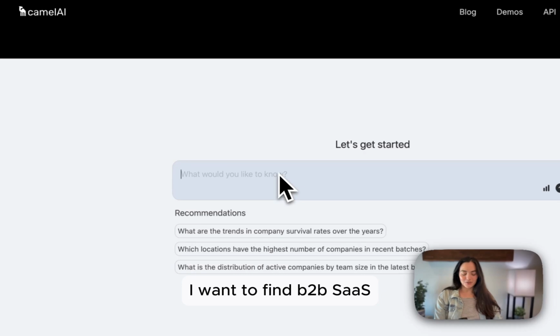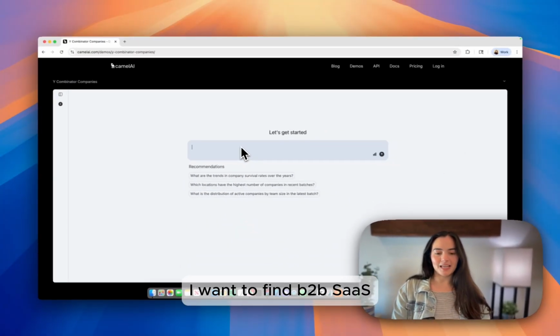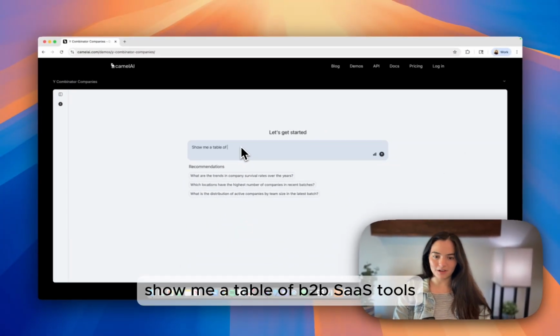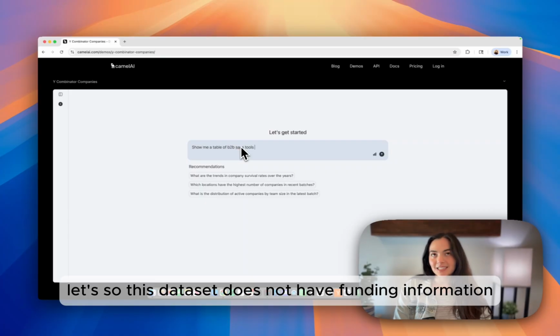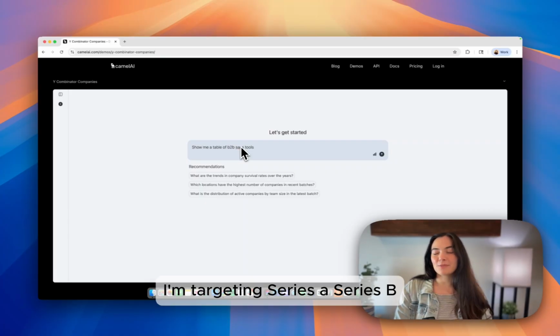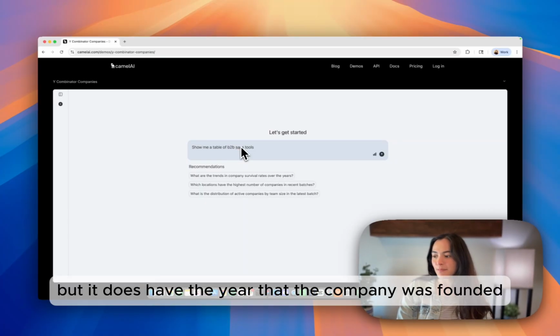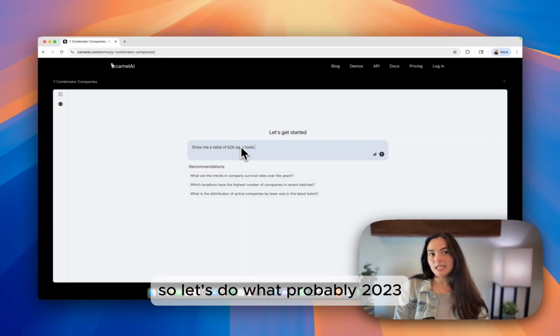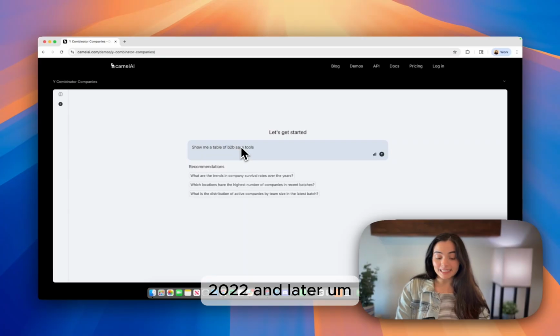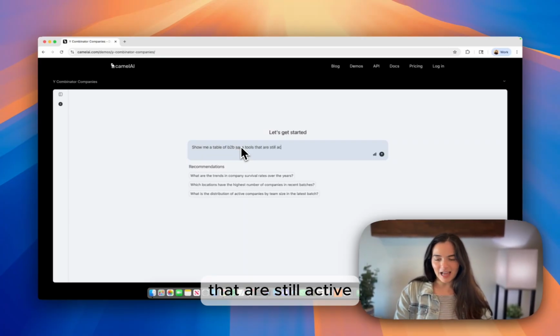I want to find B2B SaaS. Show me a table of B2B SaaS tools. So this dataset does not have funding information. I'm targeting Series A, Series B, but it does have the year that the company was founded. So let's do probably 2023, 2022, and later. That are still active